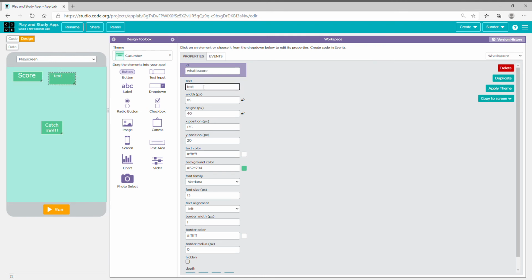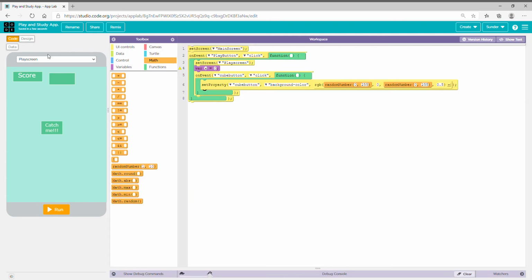And change its text to nothing. And we have to put a random number in this, and this 0.5 is transparency. We will make its transparency 1 and take